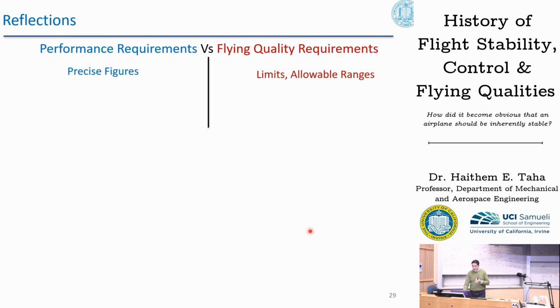Kind of thing. In fact, the performance requirements, these figures, can be precisely measured in flight, and usually they are called performance guarantees. In many cases, they are written in the agreements between the airline and the airplane manufacturer. So they can be tested in flight in a precise way. Here, these are just a mere guide to the designer to hopefully produce a satisfactory airplane. There is no guarantee, right?